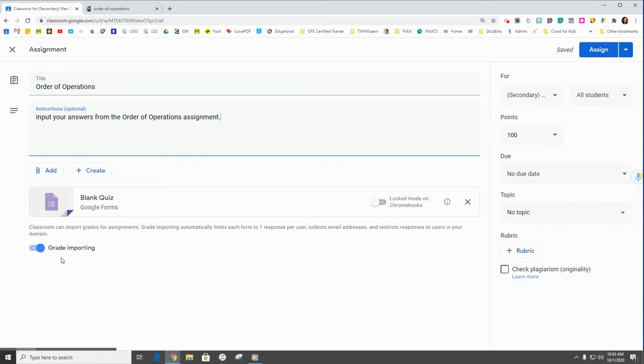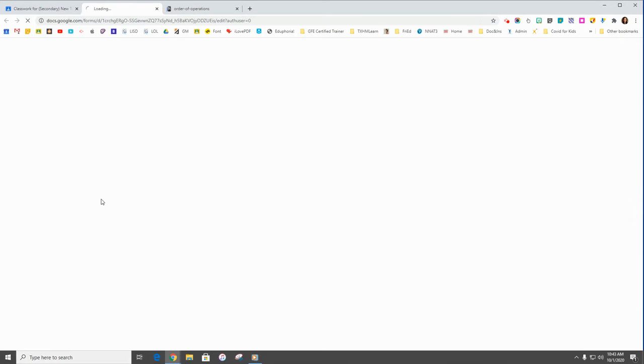And what that means is it does not let the students see their grades in Google Classroom, and then you have to go in and do a few extra steps to import those grades in. So you do not want to add an extra assignment. But I am going to show you how you can import a picture in the Google form of the actual worksheet. So go ahead and click on the blank quiz,